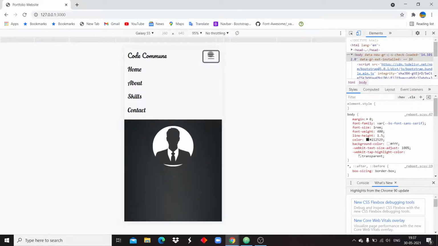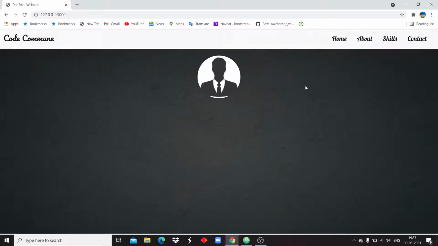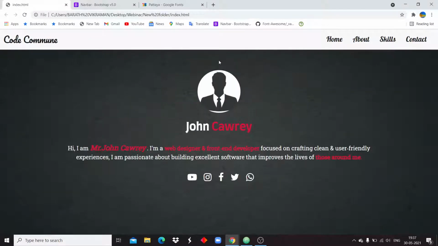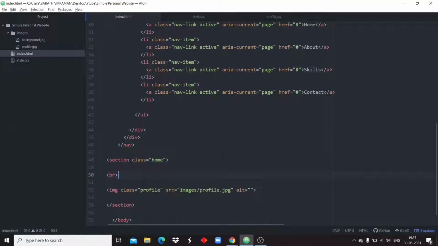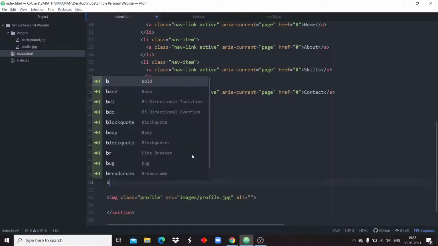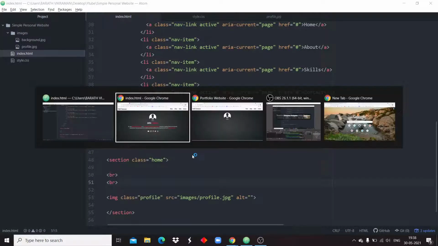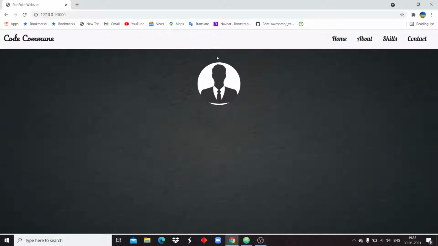Here you can see the beautiful view for the desktop, and also in the phone. This is because of Bootstrap. The main concept of Bootstrap is that we can use it in the mobile view or in the desktop view, and it will look nice. Yeah, here you see that there is some more space, so it's no problem. Just add another break tag here. I'm just specifying it here. Now you can see the space has been increased.